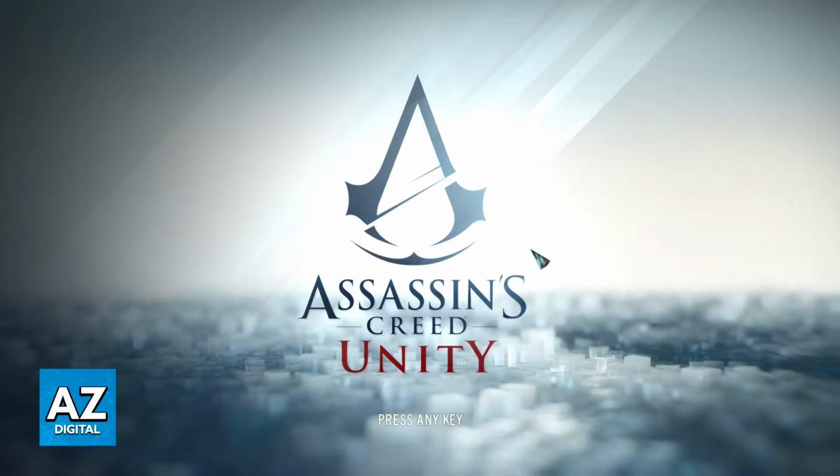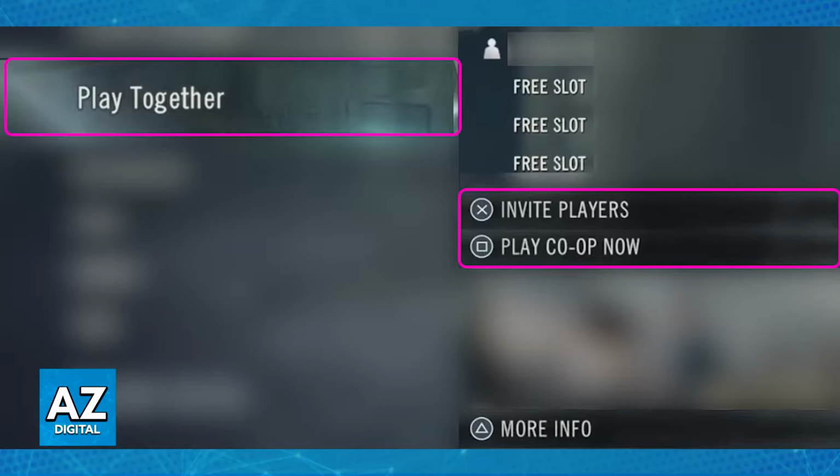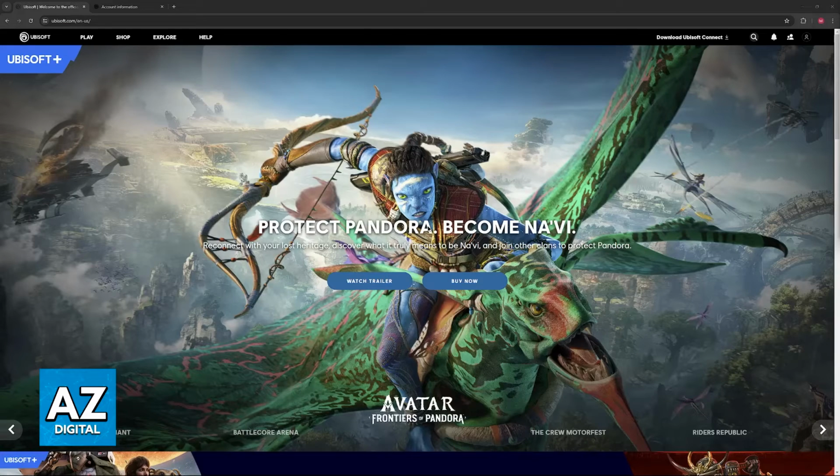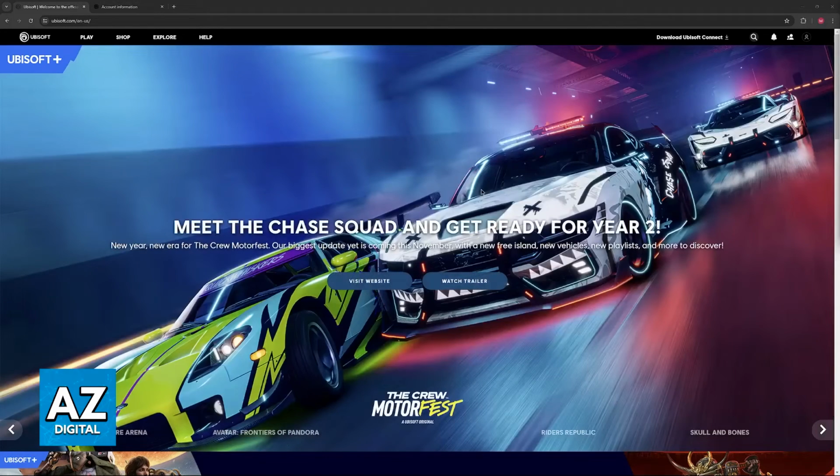So first, if you have tried to go into online, you might have noticed that most of the times the servers just don't work and you don't get matched up. So, in order to fix this, first go over to the Ubisoft website. You need a Ubisoft account to play any Ubisoft titles, with Assassin's Creed Unity being no exception.